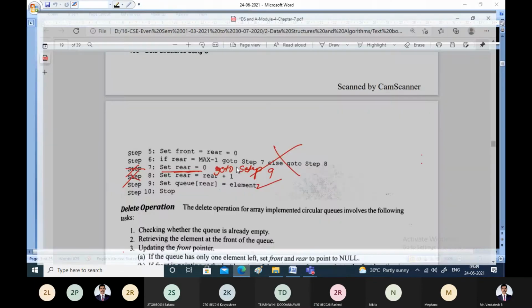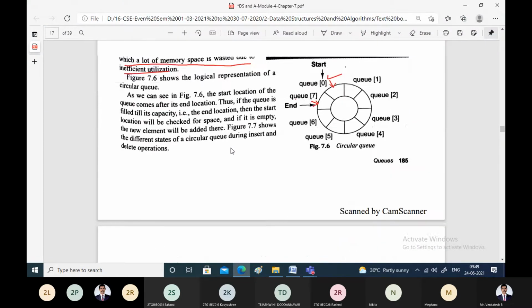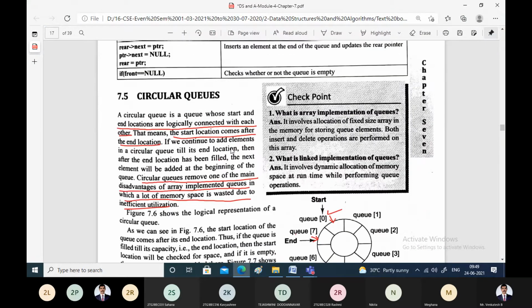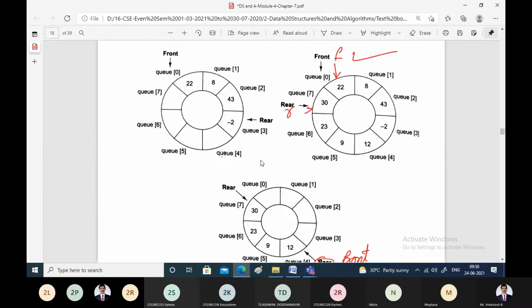In the previous class, we were discussing the concept of a circular queue, and we know what a circular queue is. It is a queue in which the rear end is immediately followed by the front end. That means the queue is arranged in a circular fashion so that there is no clear distinct differentiation between the front end and rear end of the queue. They are attached to each other, and the front end and rear end are usually identified by using the pointers called front and rear.